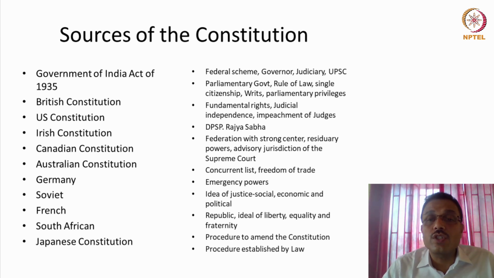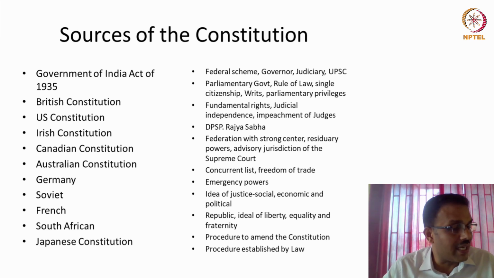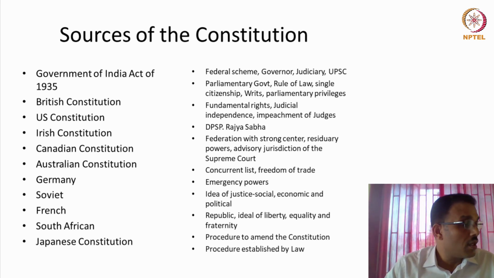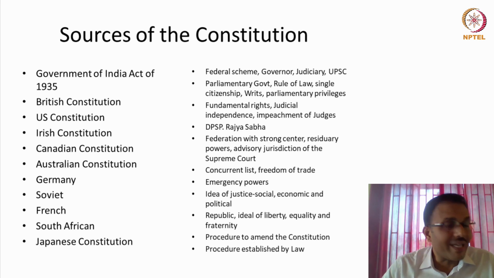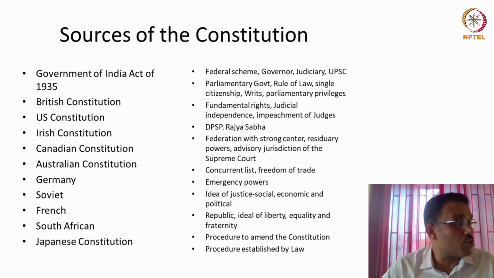We looked up to the British Constitution, the unwritten one, for the parliamentary form of government and the rule of law principle. Of course, very importantly, single citizenship. We don't have a state citizenship in India. So it's only one Indian citizenship that is important. The British had the same. Other constitutions actually give more than one, but they have removed it as we go forward. Writs, especially habeas corpus, mandamus, certiorari, prohibition and quo warranto, come from the British Constitution. And most interestingly, quite controversially rather, parliamentary privileges we also borrowed from the British constitutional principle.